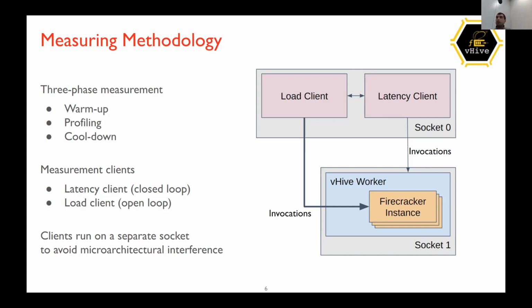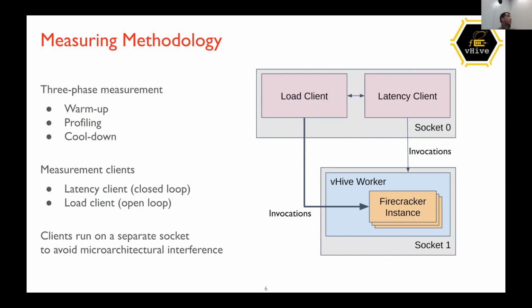So that means we need to warm it up, implying that we don't want to count cold starts, and we will discard such measurements. So we take only measurements from the profiling phase. For that, you see these gray boxes here. Up top you have socket 0 and you have socket 1. So we have a vHive worker residing on socket 1 that has a certain number of Firecracker instances that run there, and we put a